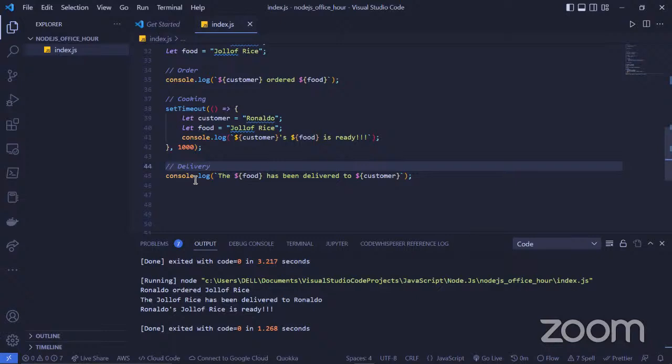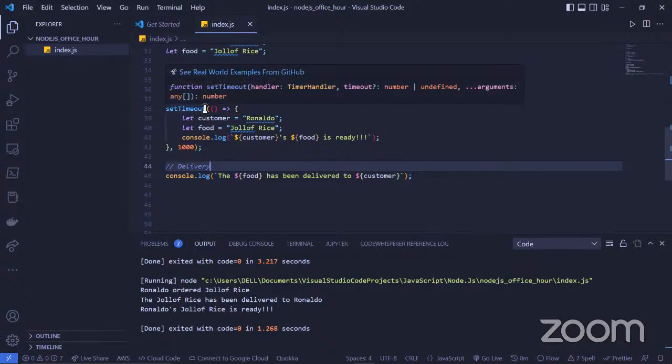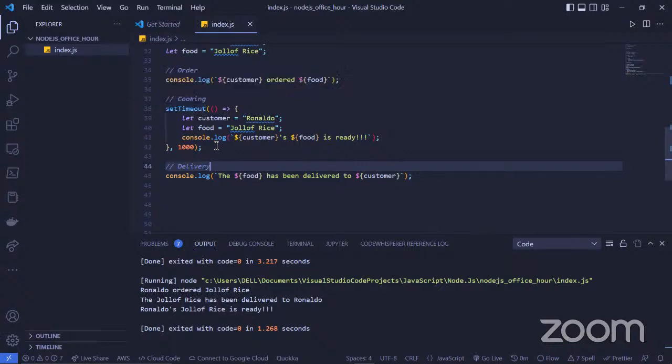By one ATM, we process the normal, easy things we want to do, like just console.log, while another ATM takes the cooking. So that's basically what asynchronous did. This cooking that we use the set timeout function for is using another thread, if you want me to use that language.